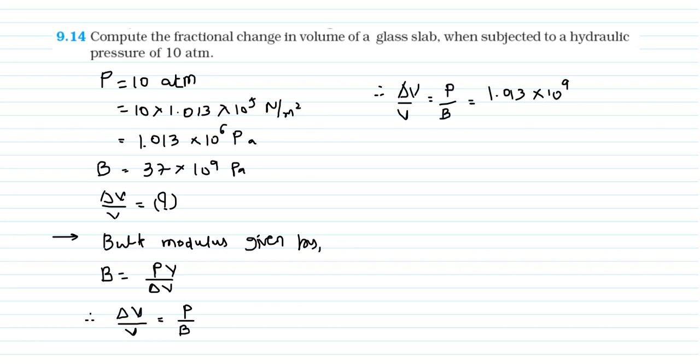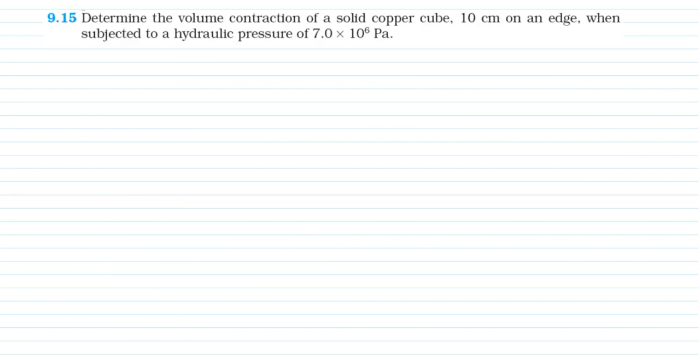That is 1.013 into 10 raised to 9 upon bulk modulus, that is 37 into 10 raised to 9. When you solve this, then 0.027 into 10 raised to minus 3, you can also say that is 2.7 into 10 raised to minus 5. ये यूनिट लेस रहेगा क्योंकि डेल्टा वी एंड बी का यूनिट कैंसिल हो जाएगा, है ना. Easy, it is very easy sum. Next number,